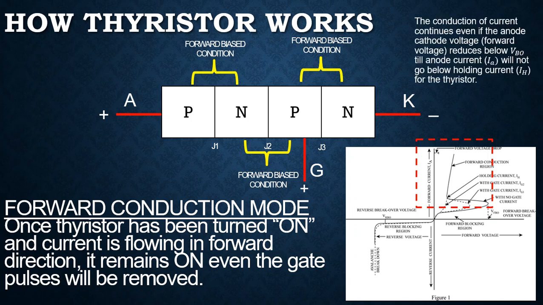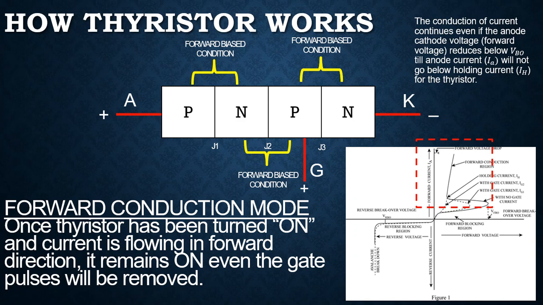The conduction of current continues even if the anode-cathode voltage reduces below breakover voltage, till anode current goes below holding current for the thyristor. Okay, note that yung anode current dapat above siya sa holding current para mag-remain yung thyristor at